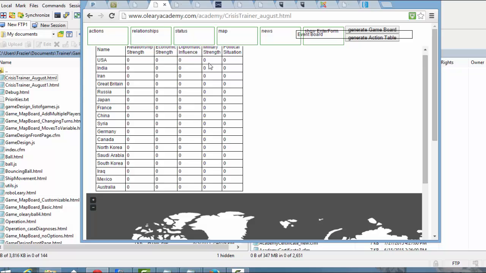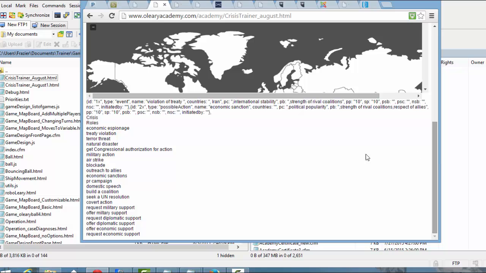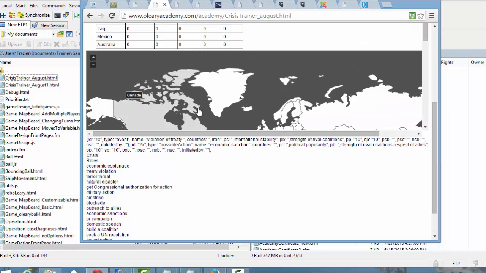Same with military. If you have strong military and they have strong military, then the likelihood of them joining you in that military action is stronger. But then the question is, is it successful? And if it's successful, then you have, go back to